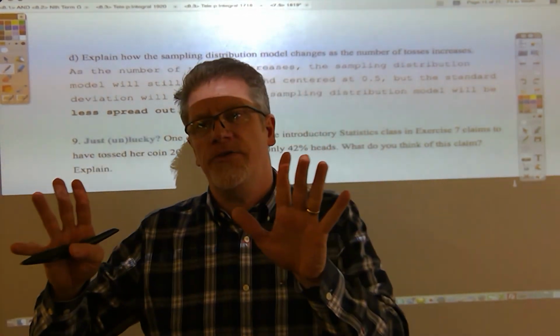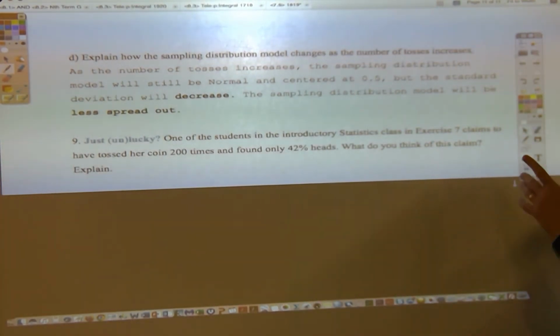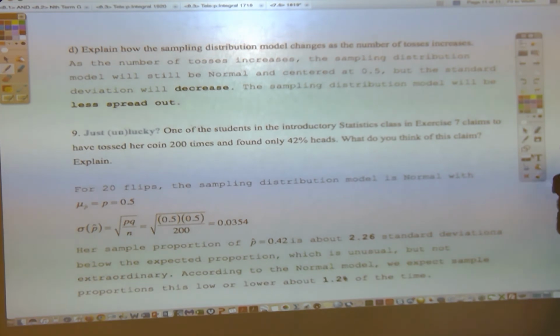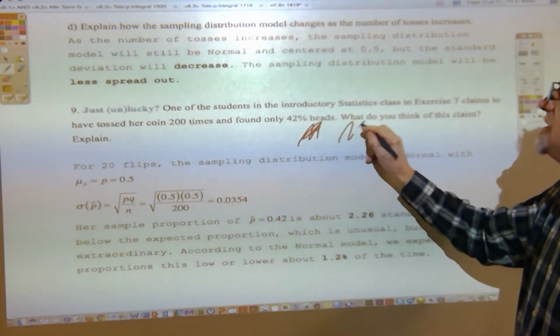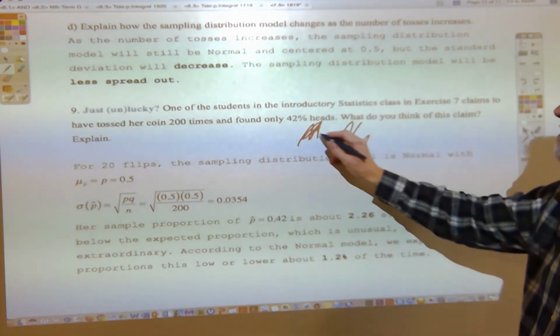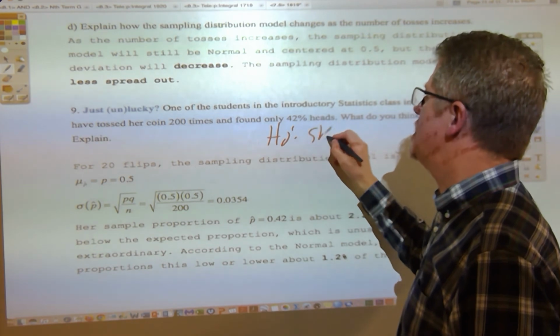So you have to think carefully about what the null hypothesis is. But in this case, we're going to assume that you're telling the truth. So the null hypothesis, H sub 0, is that she's telling the truth. H is the first letter of the word hypothesis.